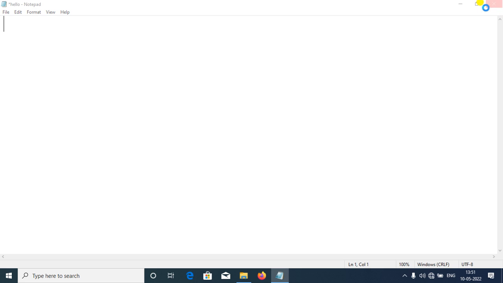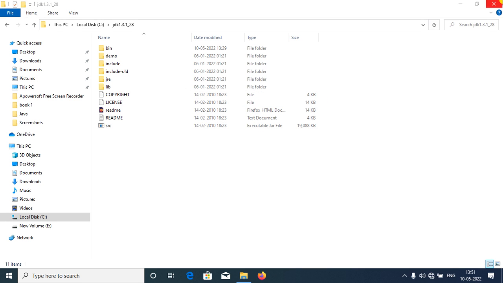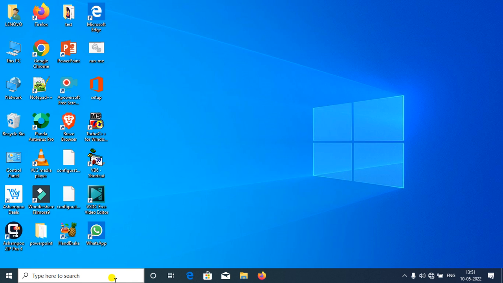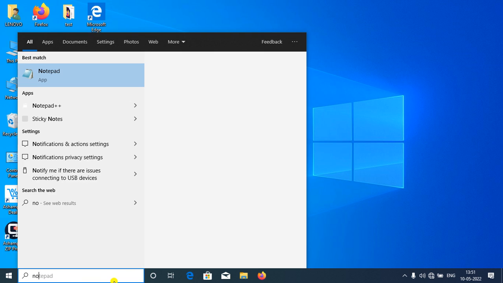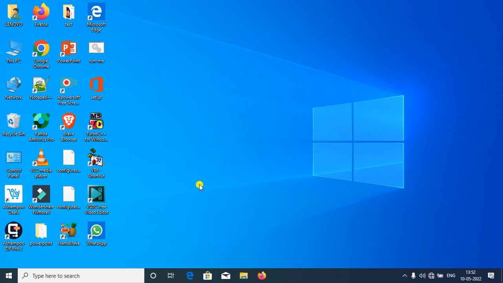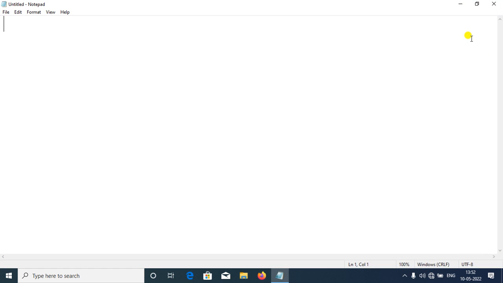For writing a Java program, you first open Notepad. Click on the search bar and type Notepad. Right click, and the option will come as run as administrator. Click on that. Clicking on run as administrator, what will happen? Nothing, it just makes it easier to find your files.